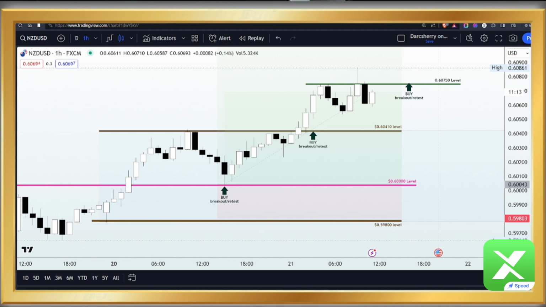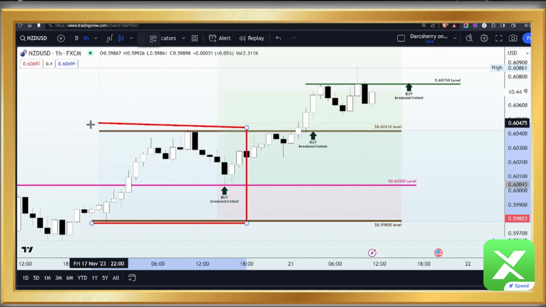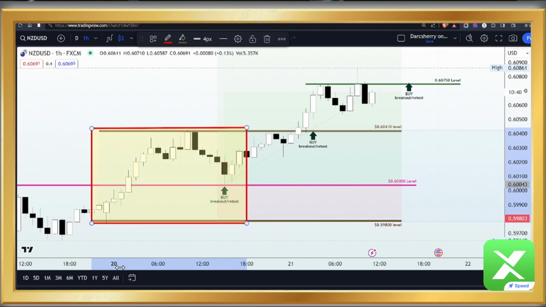Now, during our live session yesterday on the 1 hour time frame, we actually identified a range. Remember, we identified a reversal pattern on the higher time frame. We shall be looking at that in a moment. But within the 1 hour time frame, we were able to spot a range after noticing how price started the week around the 0.598 level, and then we saw price climb to as high as the 0.60410 level before some retracement move happened around this area, giving us a choppy situation at the beginning of the